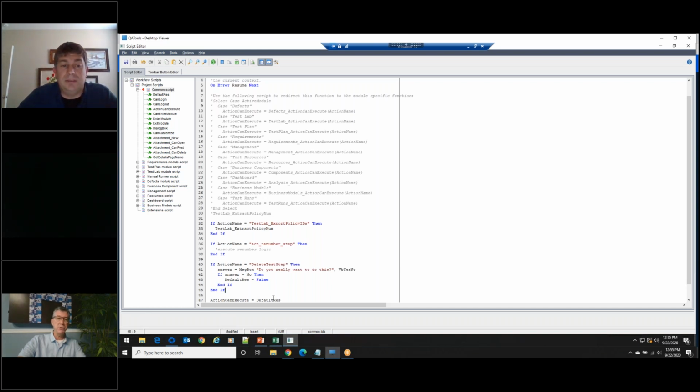Great workaround. So confirmation. Yes, but like I said, you'd have to go through that debug viewer to see exactly what this action name is. But if you're trying to keep people from accidentally deleting stuff, you don't want to revoke their right to delete something. This would probably be the quickest way you could do that and the safest way.